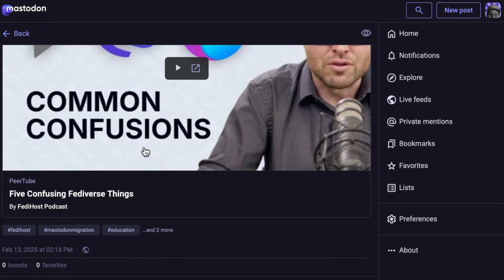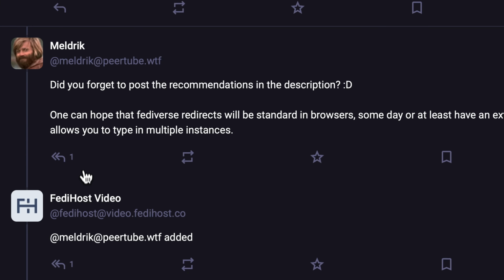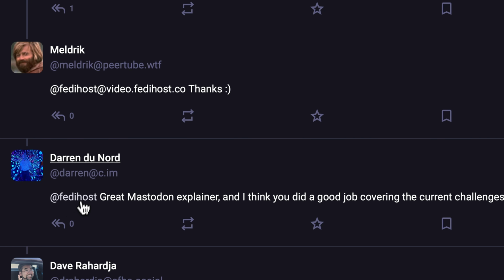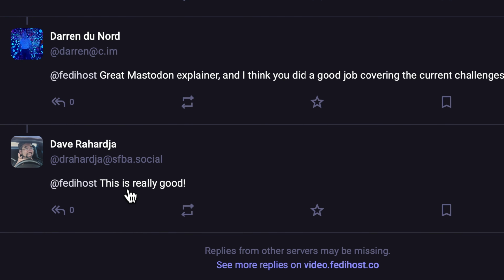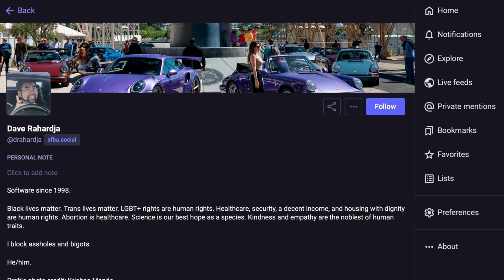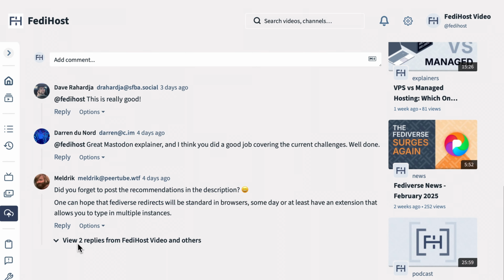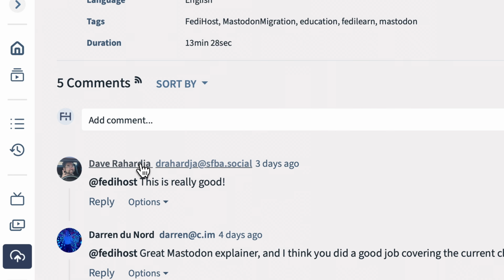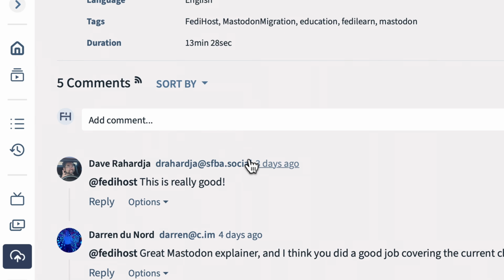You see this video over in Mastodon, when you open it up, you can see the interactions that I've been having with these people who are using their Mastodon accounts. Like this is a Mastodon account, for example. When you open it inside PeerTube, you can see these interactions below it, right? So this guy here, Dave, he's doing it correctly. He's interacting with the PeerTube instance from Mastodon. For your casual users, unless they're really involved in PeerTube, that's the best way to do it.